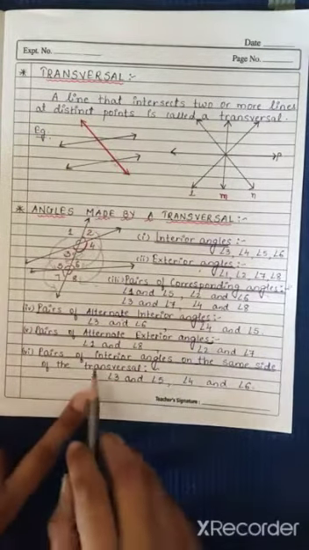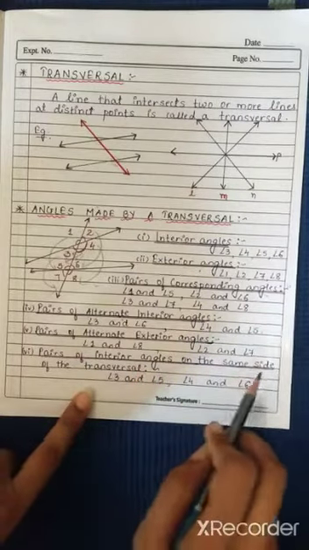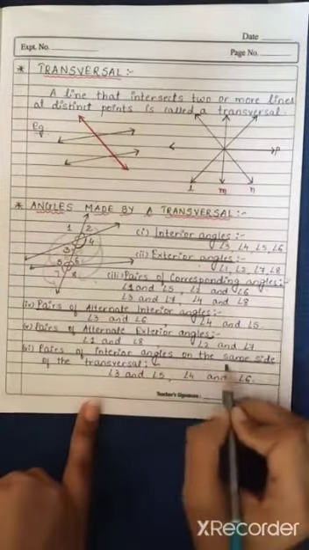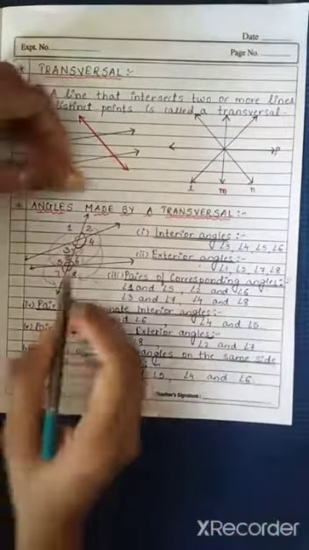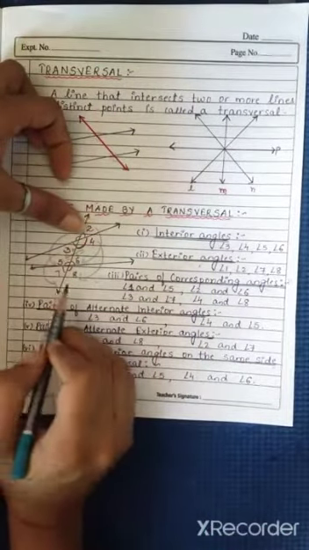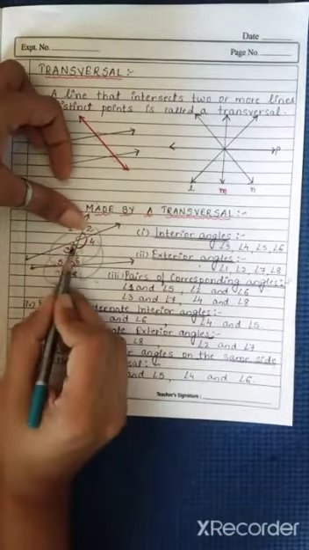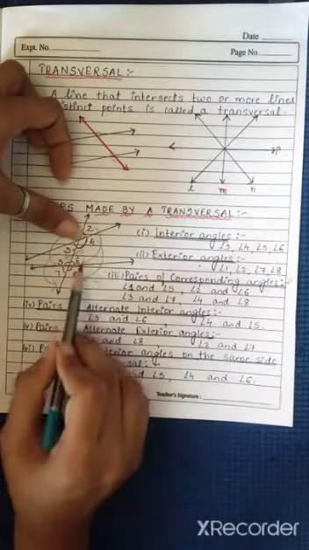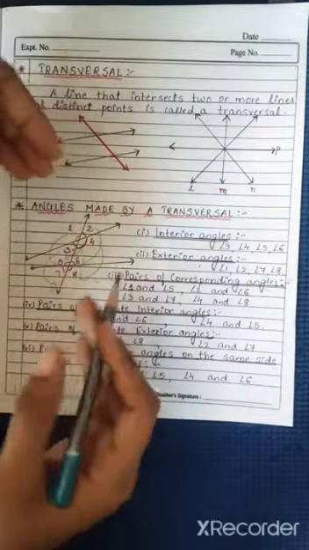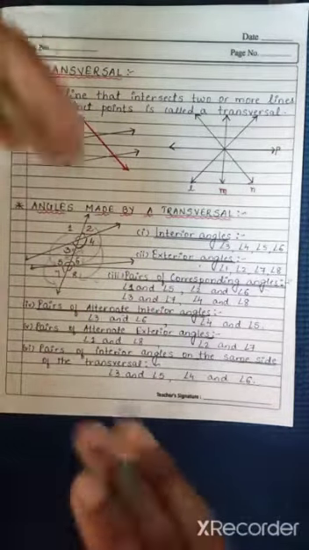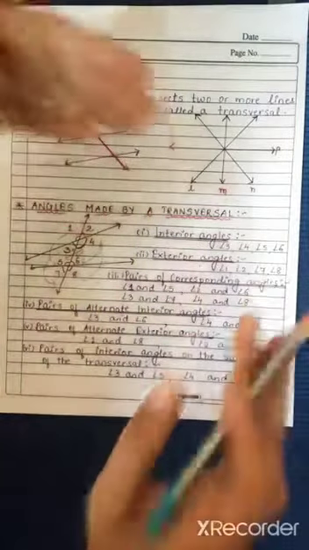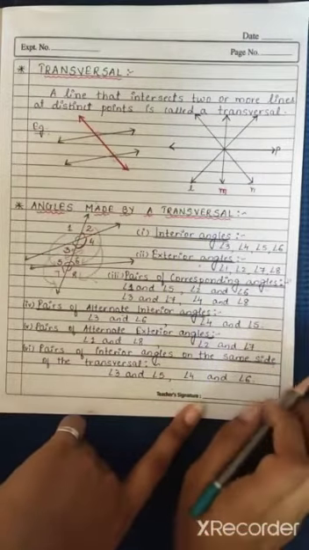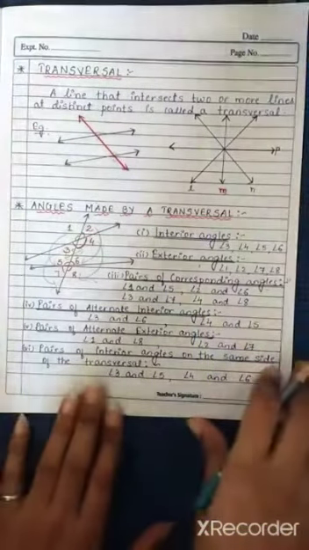Now the last one is the pair of interior angles on the same side of the transversal. Now see, it is very clearly mentioned that interior angles should be present on the same side. Fine. So if we talk about this transversal, which are the interior angles that are present on the same side? So these are 3 and 5. Again on the same side we have 4 and 6. 3 and 5 both are present on the left side of the transversal. Similarly 4 and 6 are present on the right side of the transversal. So 3 and 5 are going to be one of the pairs. 4 and 6 is the second pair over here. Fine. So this very important topic is done.